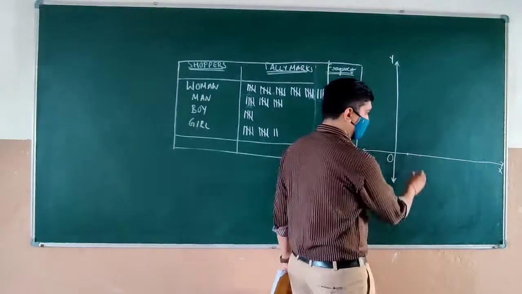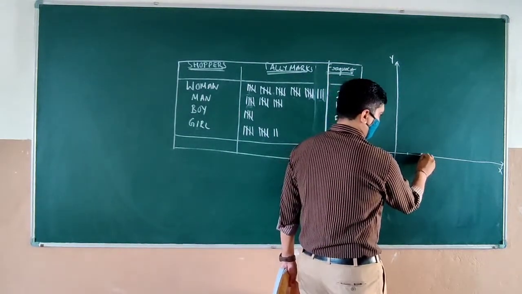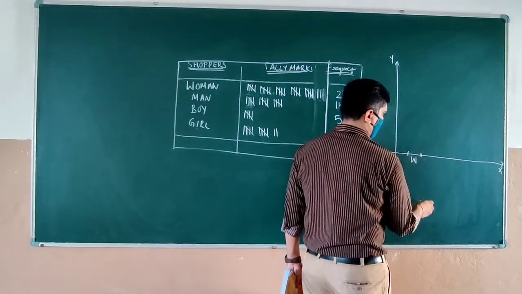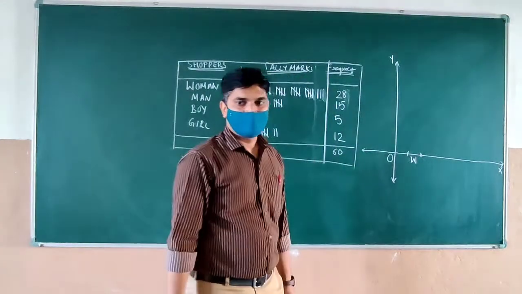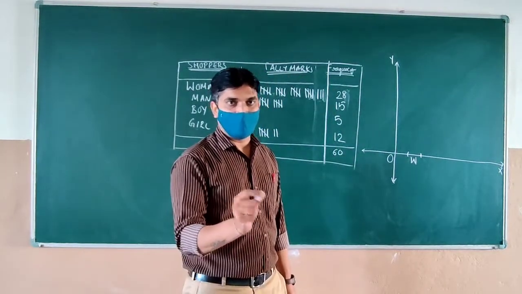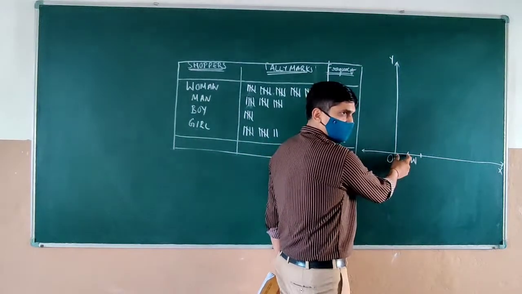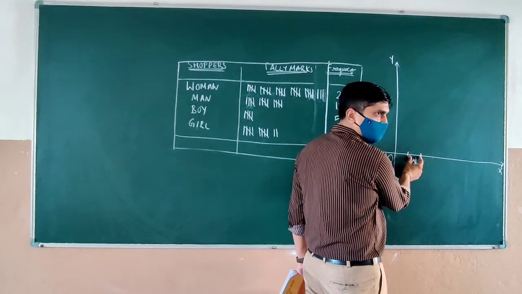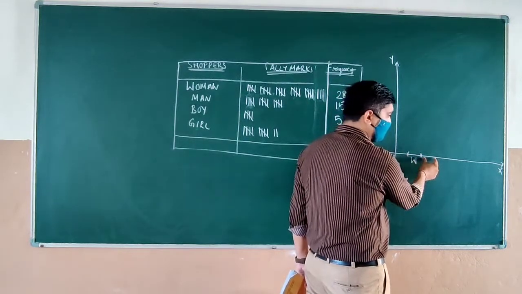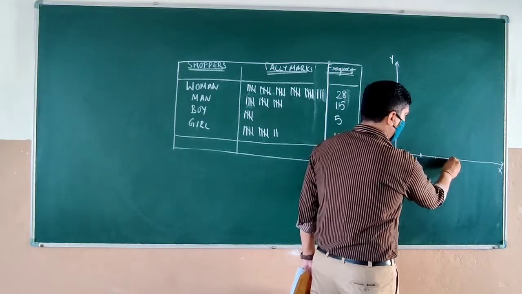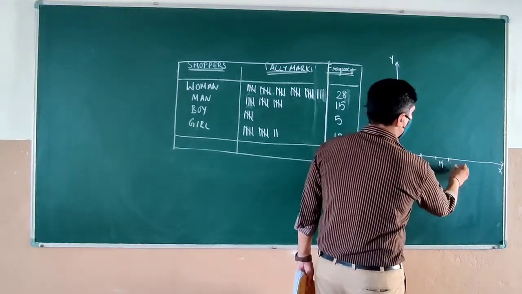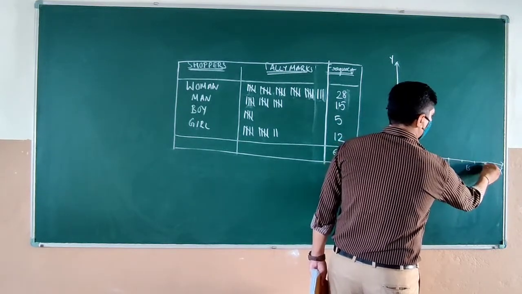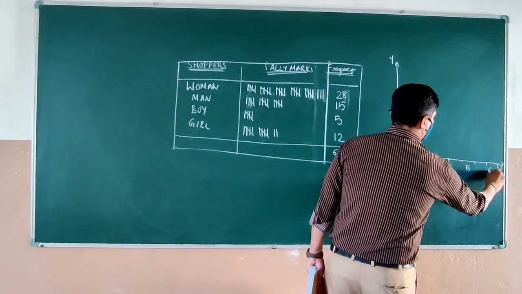From the very next point here, you will write woman. Okay. Equal spacing. Equal spacing should be there, whatever space you leave first, leave the same space on this side, clear? And in one box, woman should come. One box then woman, leave one box, then again what is the next, man, then leave one box, again what is it, boy, and then again leave one box, write down girl.